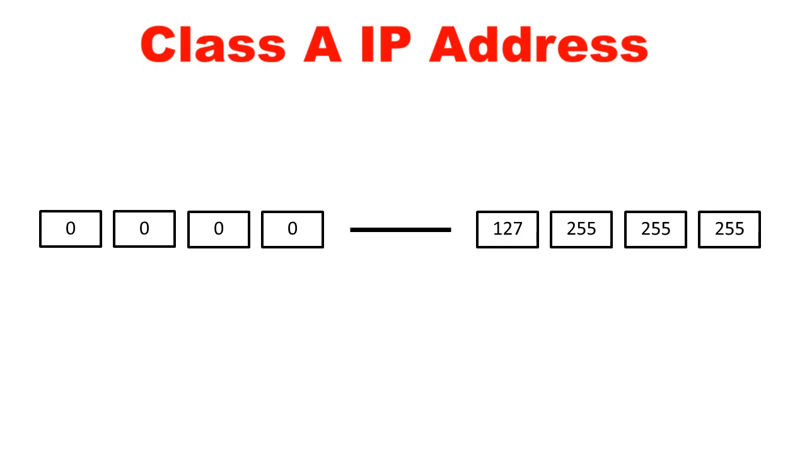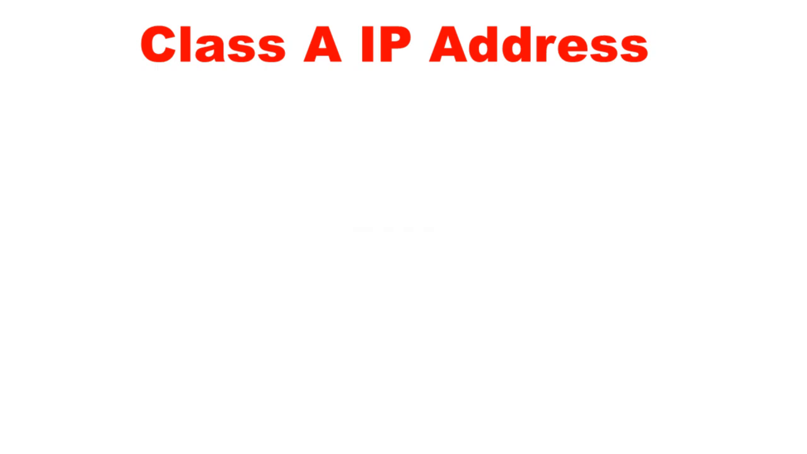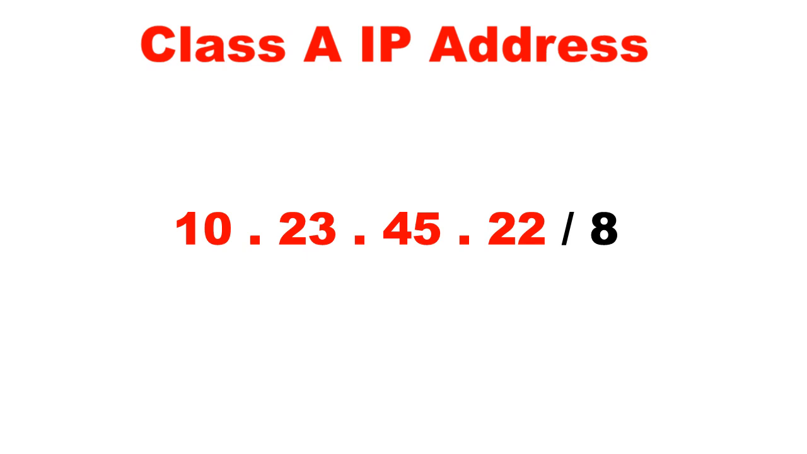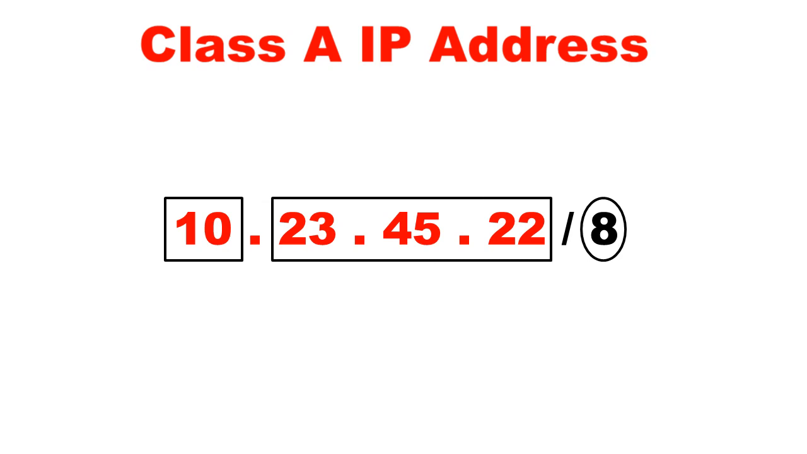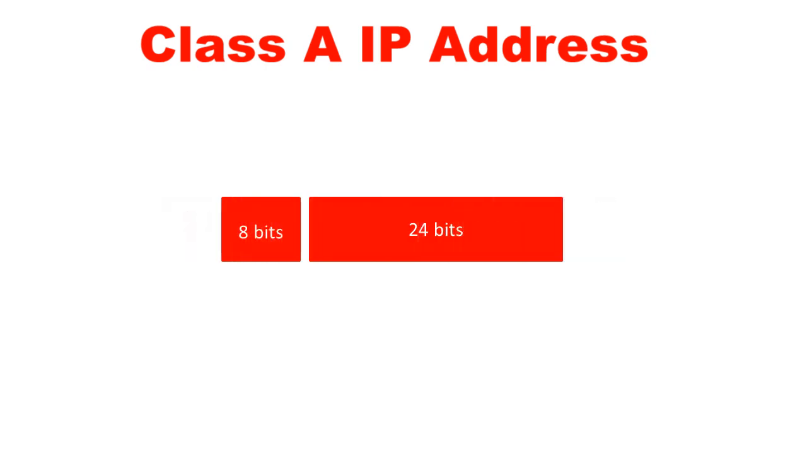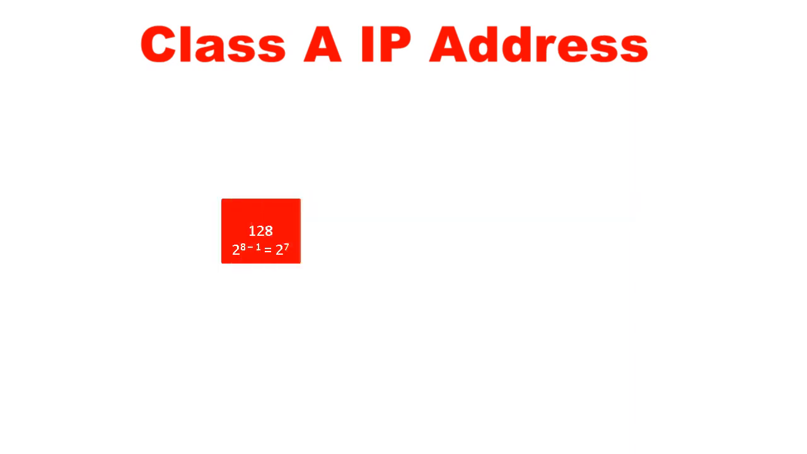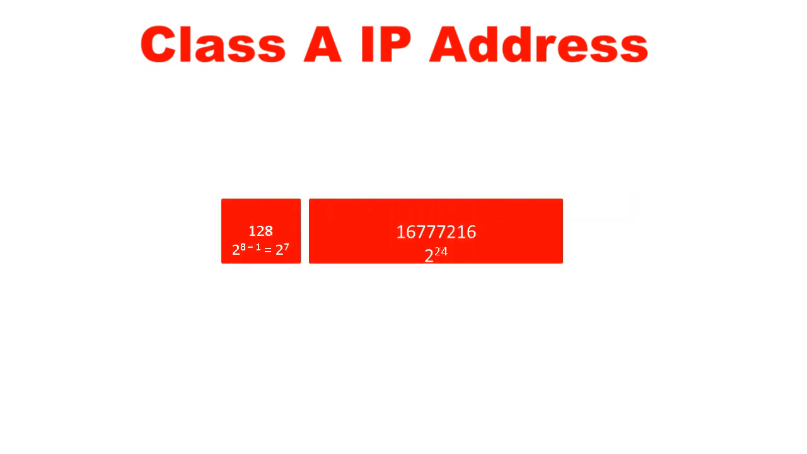Let us give an example of a class A IP address: 10.23.45.22. This is an 8-bit address because the first octet holds the network value, that is 10, and the remaining 3 octets hold the host value, that is 23.45.22. Therefore we can have only 128, that is 2 to the power 8 minus 1, that is equal to